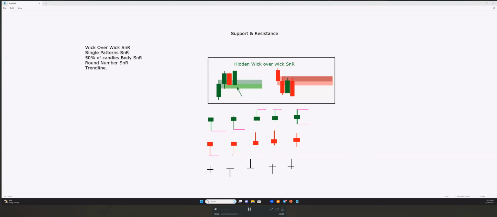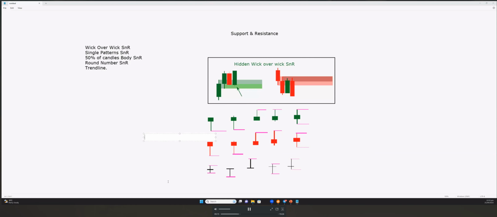This is support. This is support. A resistance. A resistance. A resistance, and that is the bottom as a support level. Here that is a support, and then it's a resistance. Support, resistance. Here we can use it as resistance and support. So these single candlesticks we can use as support and resistance.